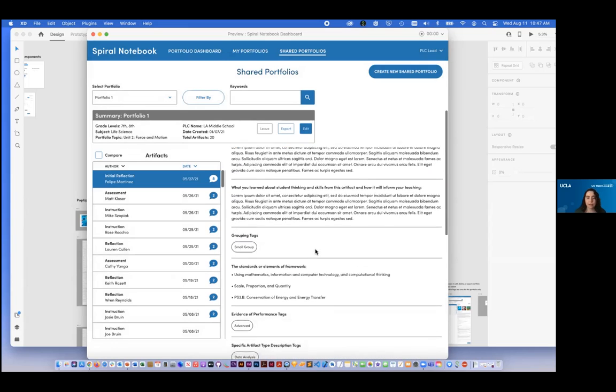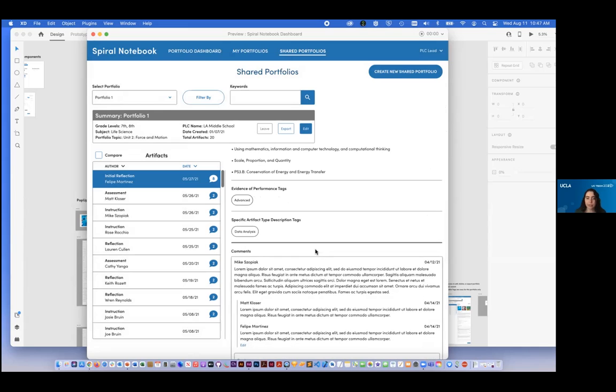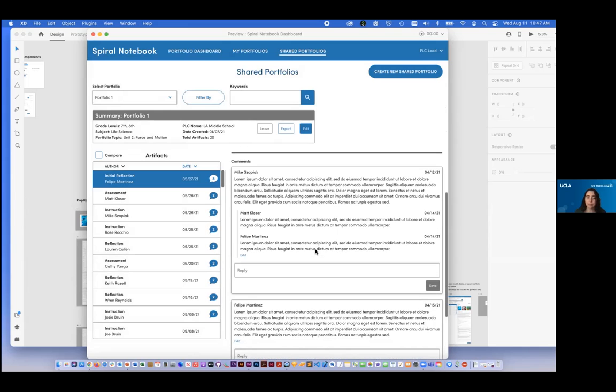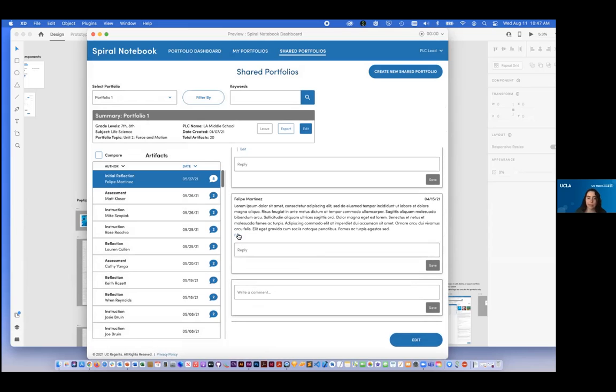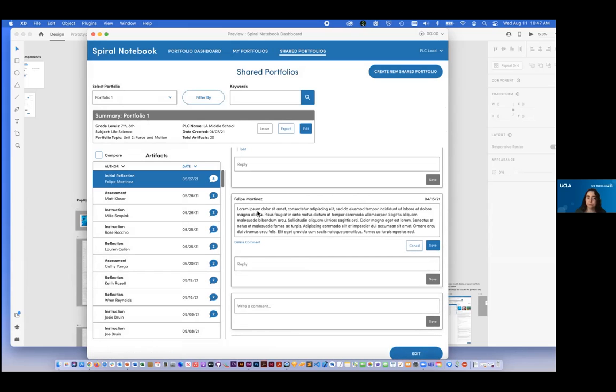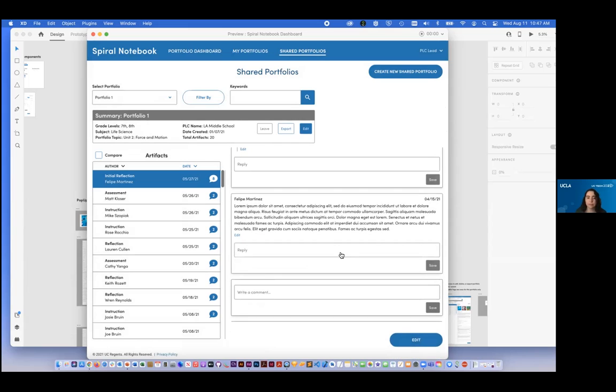And they can also look through the artifact. They can see the discussion that's occurring on it and comments. They can add their own replies and comments. And we can open up and edit one of our own comments, and save that or cancel. And can see how this process feels before it's even developed. You can also click this edit button here,